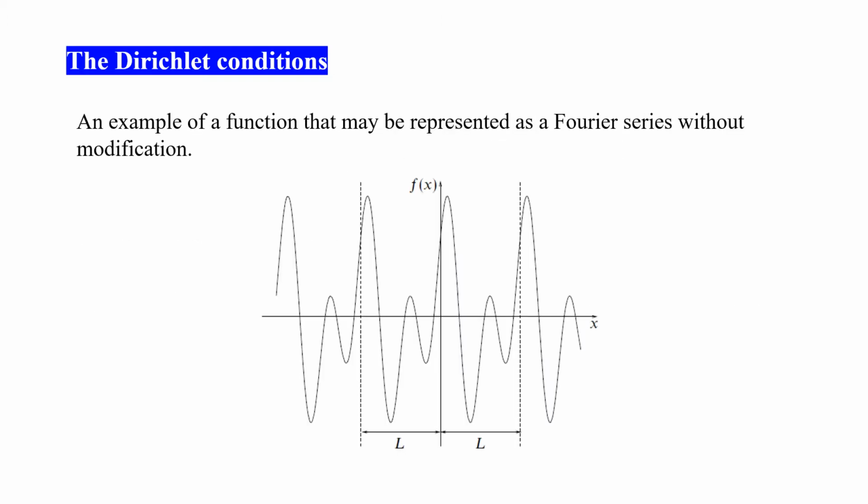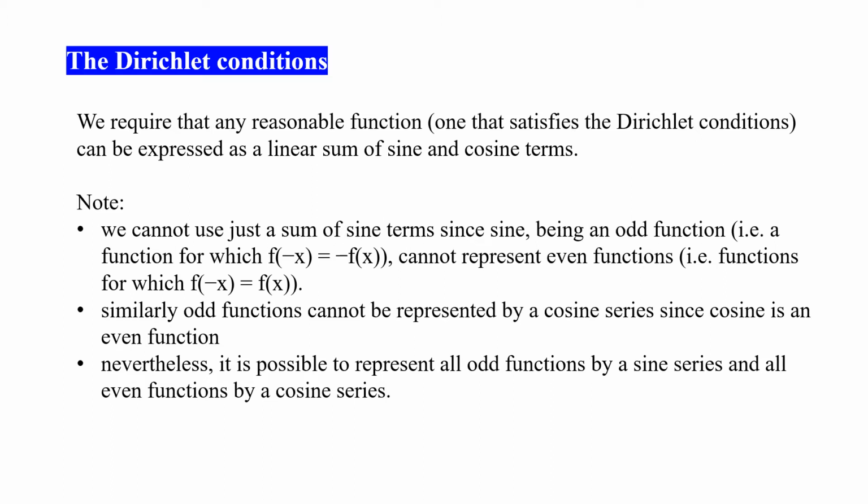This is an example of a function that may be represented as a Fourier series without modification. So later, we are going to represent some functions as a Fourier series, like for example this one here. We require that any reasonable function, one that satisfies the Dirichlet conditions, can be expressed as a linear sum of